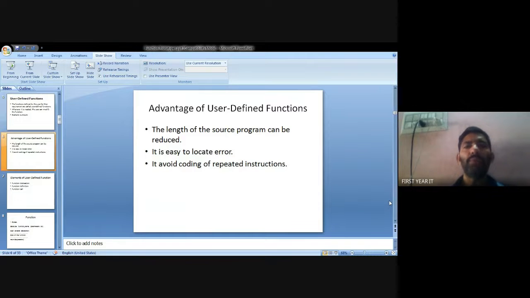When a program is long, identifying errors is very difficult, but with functions it is easy to locate and rectify the errors. Second, the length of the source program is reduced. Third, it avoids coding repetition, meaning repeated statements. These are the advantages of user-defined functions.